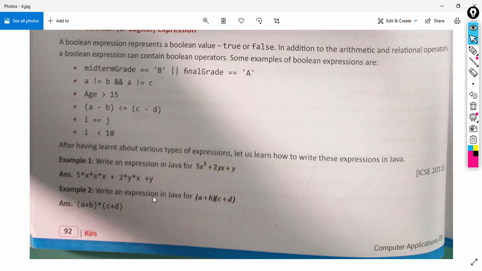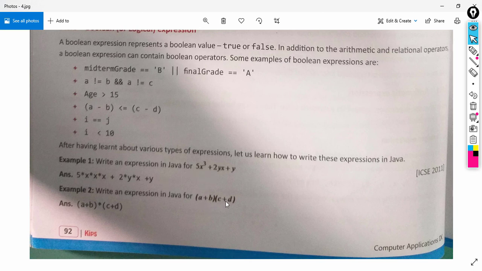Like that, we can solve each expression by understanding the priority and associativity of each operator in an expression. See, we can write the corresponding Java statement for this expression. 5x cube plus 2x plus y will be 5 into x into x into x plus 2 into y into y, 2 into y into x plus y. See students, this is the corresponding Java statement for this expression.